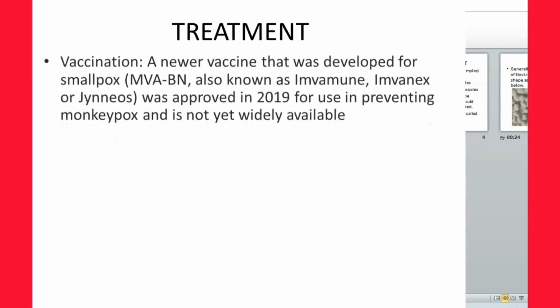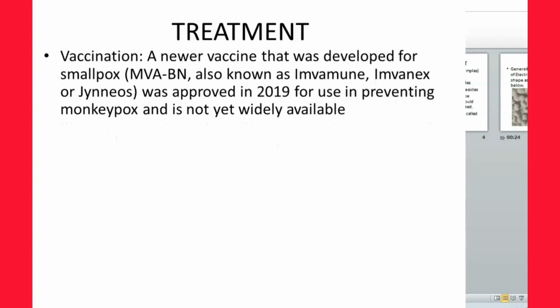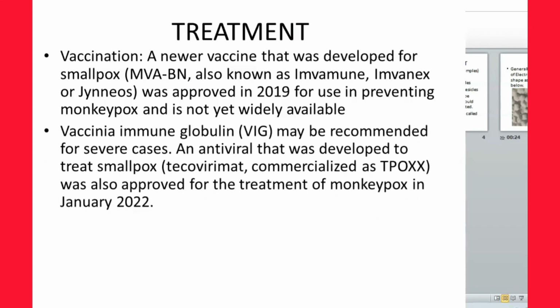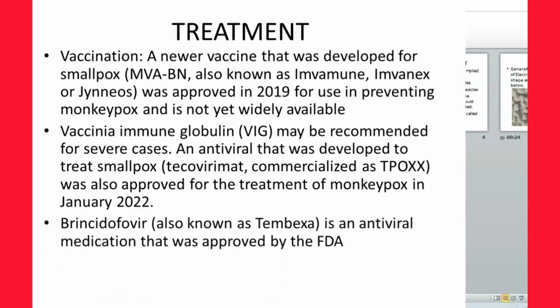The treatment is simple. It's just vaccination as it was done to eradicate the smallpox virus. A new vaccine that was developed for smallpox, also known as Imvanex, was approved in 2019. Yersinia immunoglobulin, when you take the serum, just like the cowpox situation, may be recommended for severe cases. An antiviral that was developed to treat smallpox, tecovirimat, commercialized as TPOXX, was also approved for treatment of monkeypox